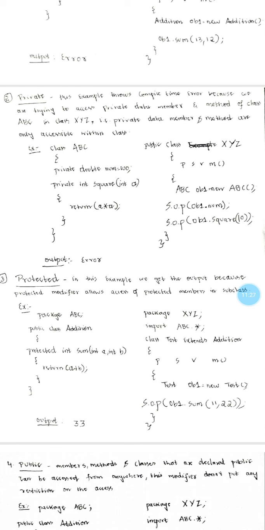Now on the right side I have written the class xyz, within which I have written the main method. Okay, and I have created an object ob1 with respect to abc, and I am trying to print ob1.num, and I am trying to call the method ob1.square by passing the parameter